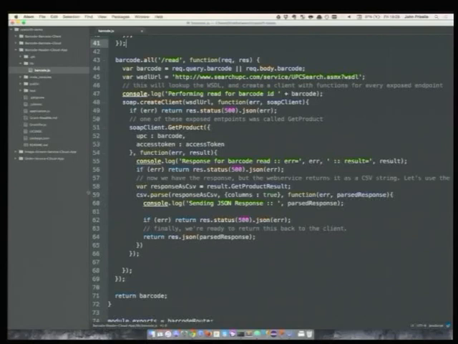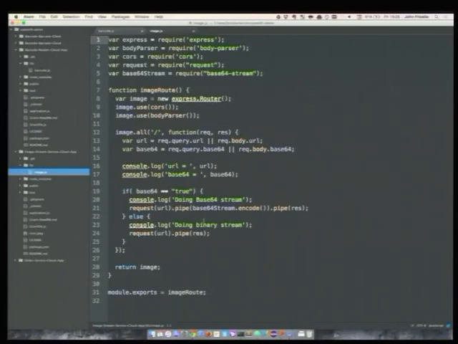So similarly, then, the image stream service is even simpler. All in, including boilerplate, it's 31 lines of code. We get in a URL and a Boolean to say whether or not we want our image base64 encoded. If we do want it base64 encoded, we make a request for the URL, we pipe it through a stream encoder and pipe it out the far side.